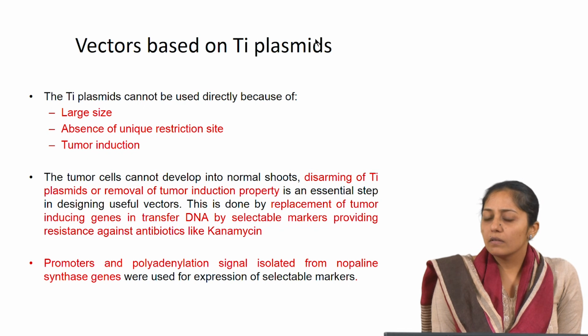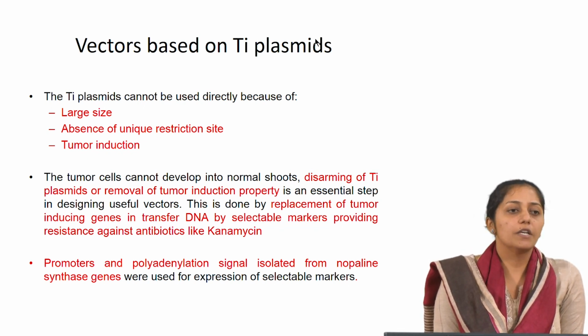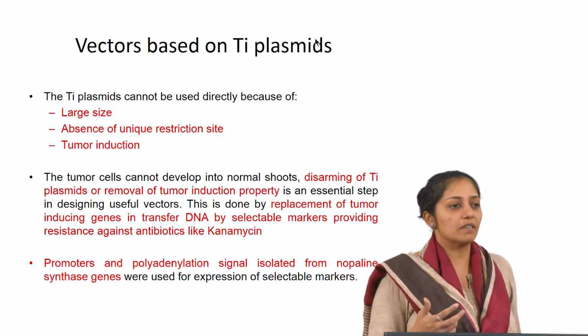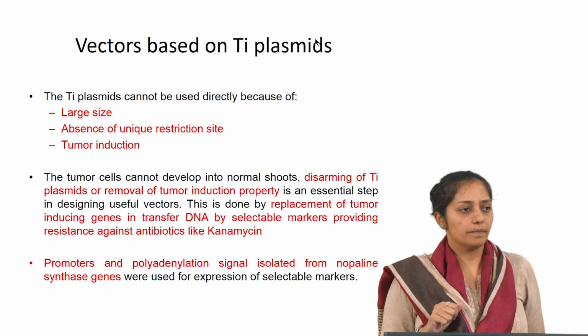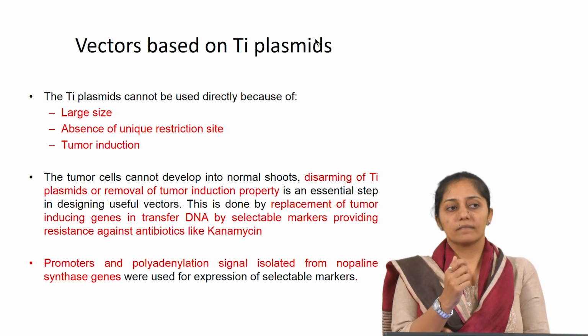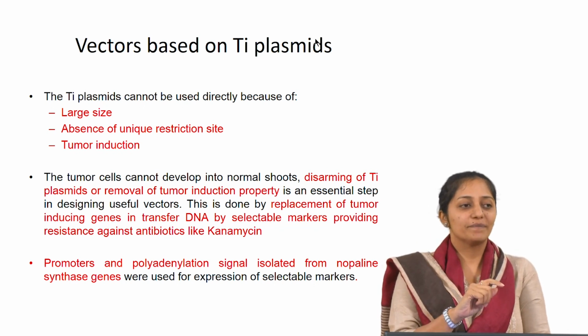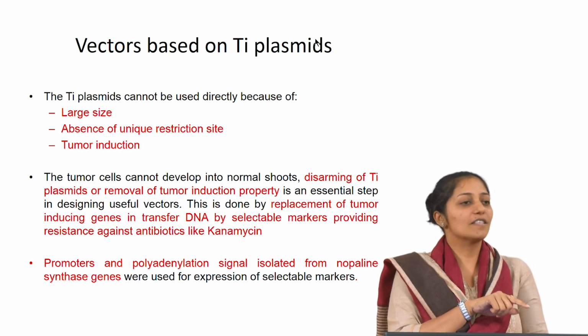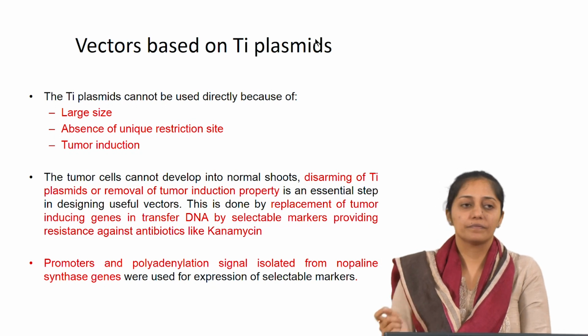Once I have confirmed that this particular cell line is transformed genetically using PCR, we'll talk about those methods, why can't I stick to just that line? It might not be regenerated in all the generations, the plasmid. It is a stable transformation event because it gets integrated. It's not transient expression. It has got integrated into the plant chromosome.